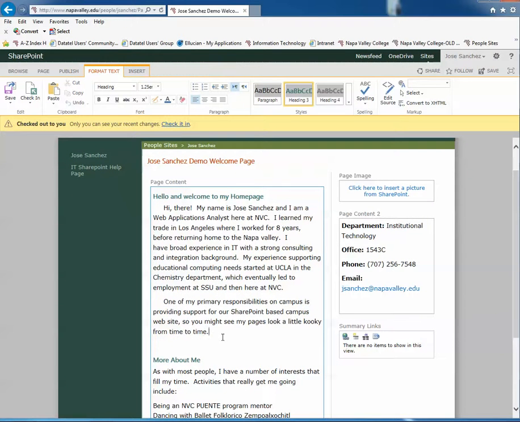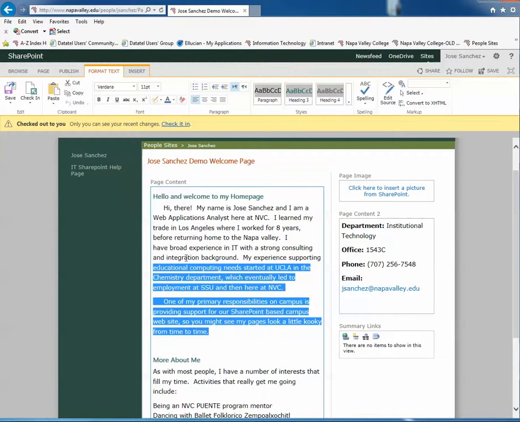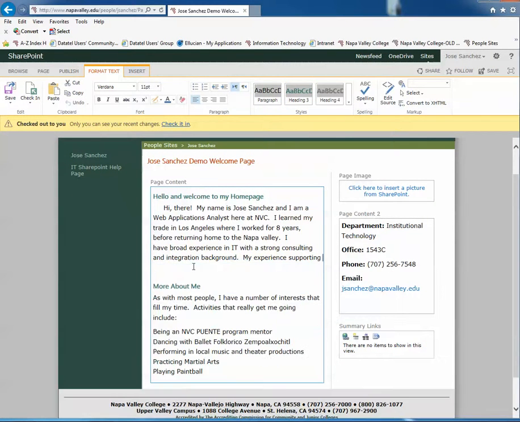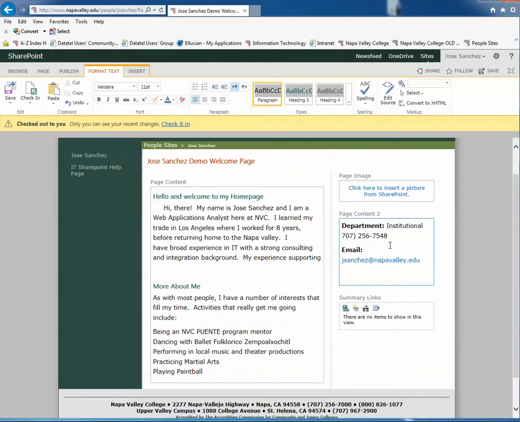There is one more really useful feature to be aware of when you're working with this part of the page, and it's that you can discard your checkout. Where would that be useful? Well, as you saw, I just selected a bunch of text and I deleted it. And then I come over here and oops, I made the same mistake, I deleted that. If anywhere along the line you realize, I don't like these edits that I've made and I just want to act as if I didn't even check out the page this time around, if you go up to your toolbar